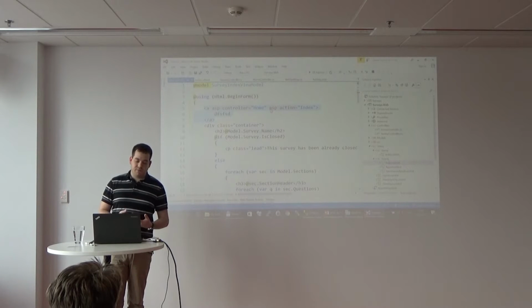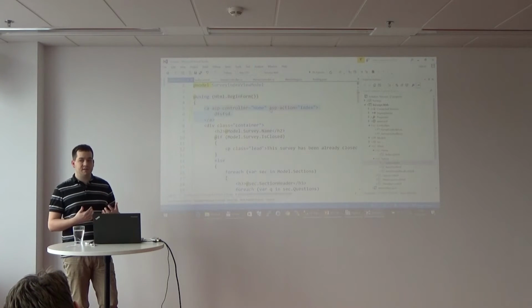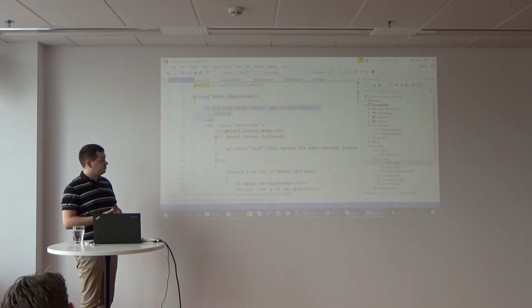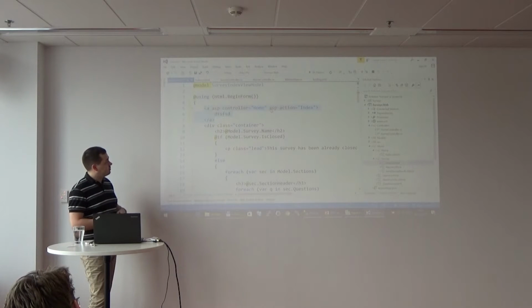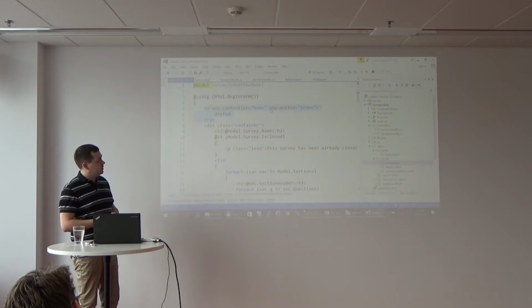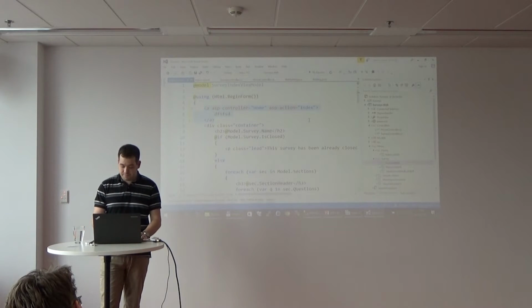ASP.NET MVC will find these attributes, asp-controller and asp-action, and translate them to a regular href attribute that your browser will understand.